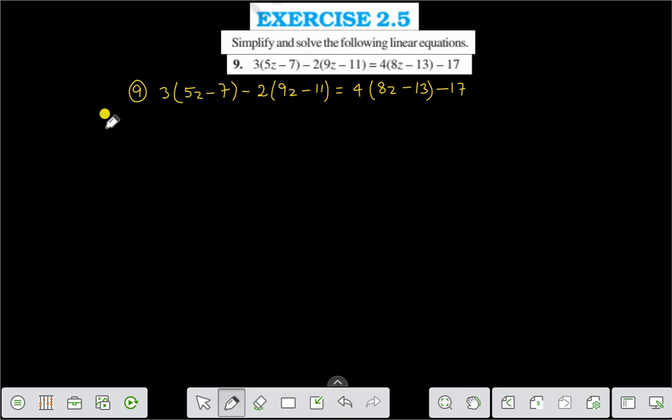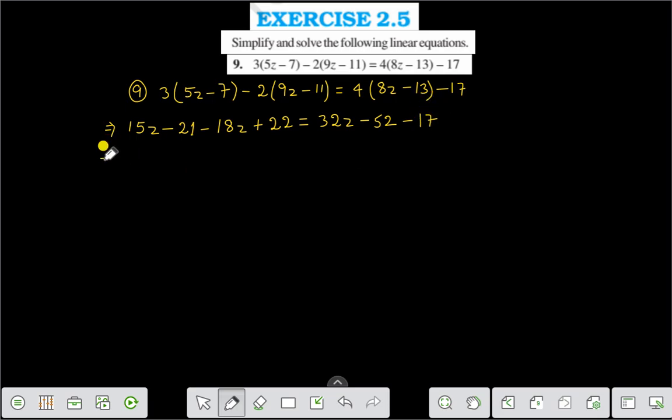Therefore, we can write it here as we multiply this one: 3 fives are 15z, 15z minus 3 sevens are 21, minus 2 nines are 18, 18z, minus into minus is plus, 2 elevens are 22, is equal to 4 eights are 32, 32z, minus 4 into 13, 4 threes are 12, 2 carry 1, 4 into 1 is 4 and 1 is 5, 52. 52 minus 17,